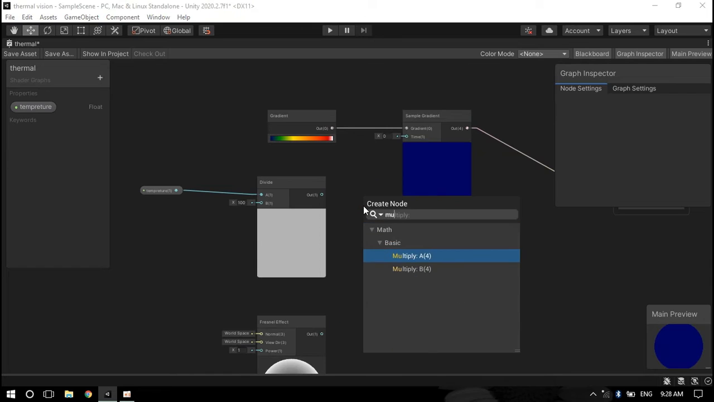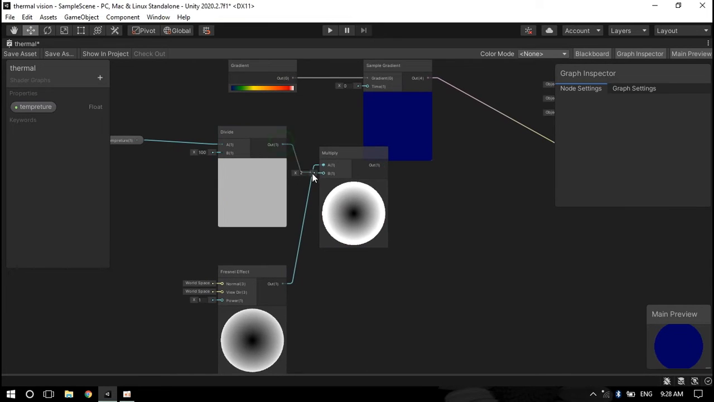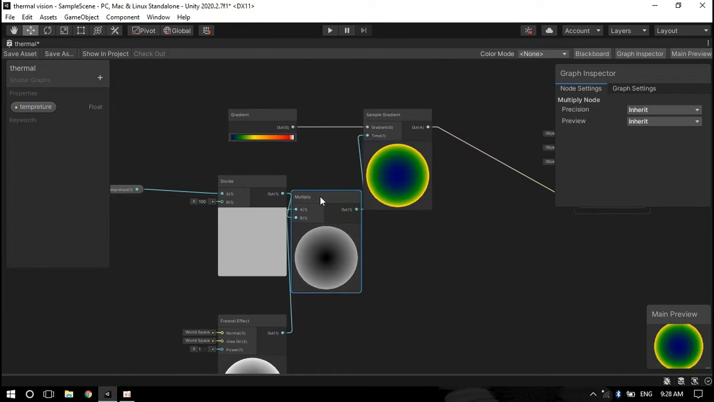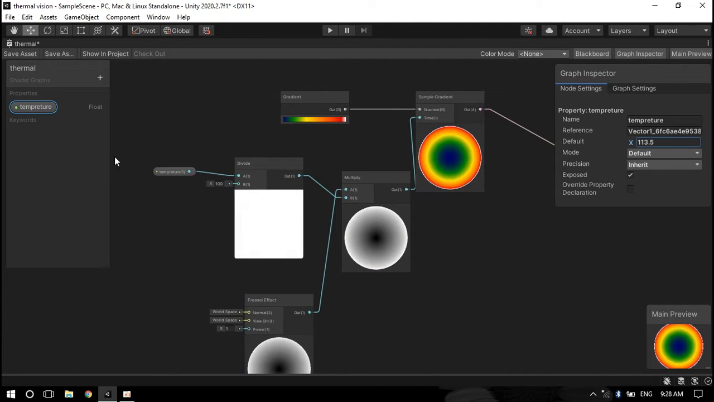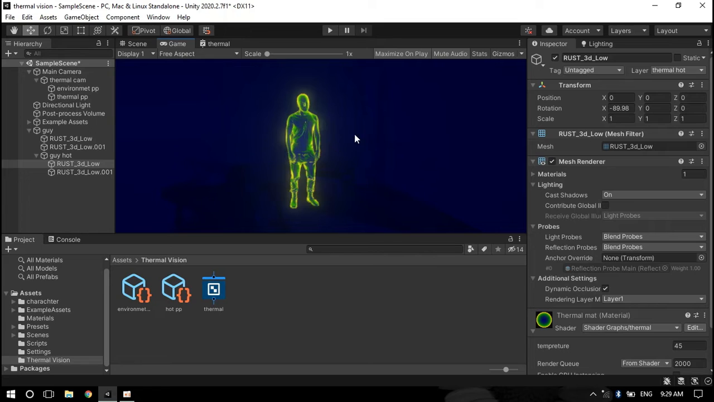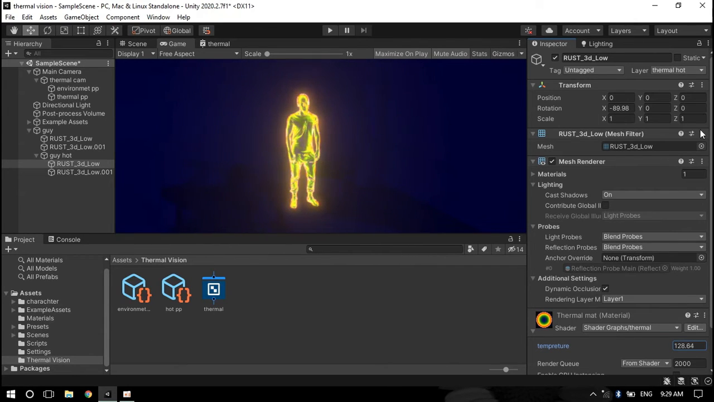but we will do so with also having temperature influence the strength. We will multiply Fresnel with temperature. Now it looks better, but still there's something wrong with this. Usually the edges are colder, but as you can see here, the edges are actually hotter, so we should invert